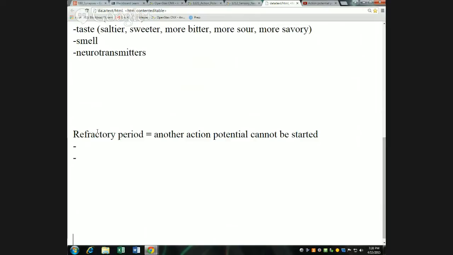And there's actually two phases of the refractory period. There's the absolute refractory period, which is absolutely no action potential, capitalized, abbreviated AP, can be started. And this is because,